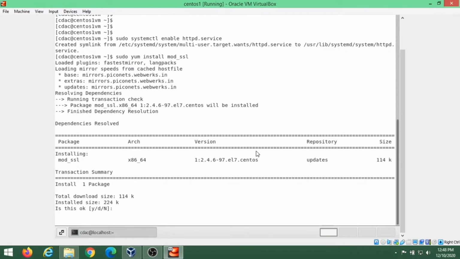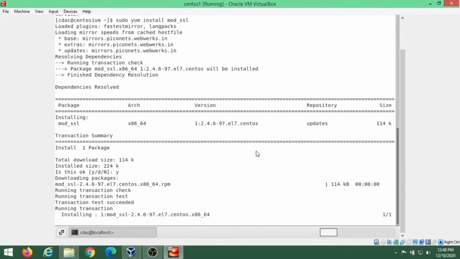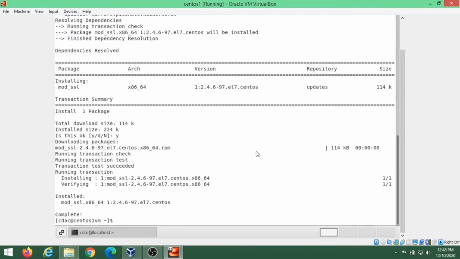Provide the permission as yes, hit enter. The installation is complete. The module will automatically be enabled during installation and Apache will be able to start using an SSL certificate after it is restarted.